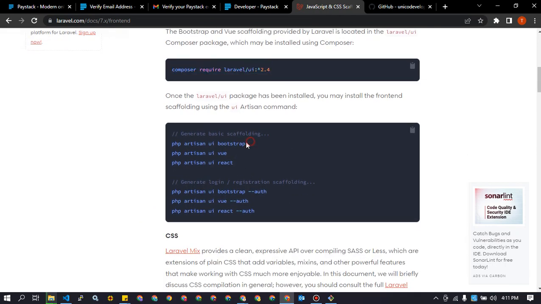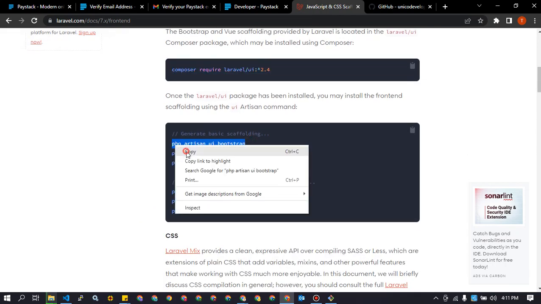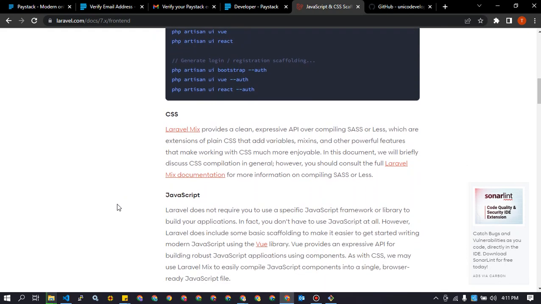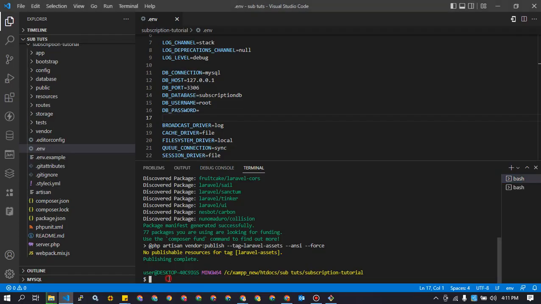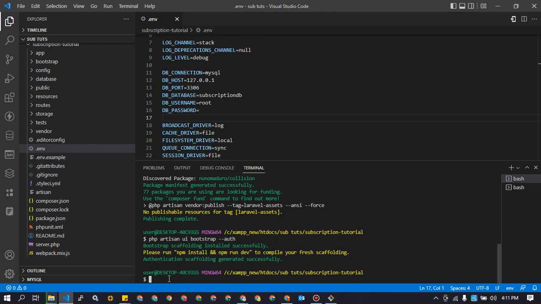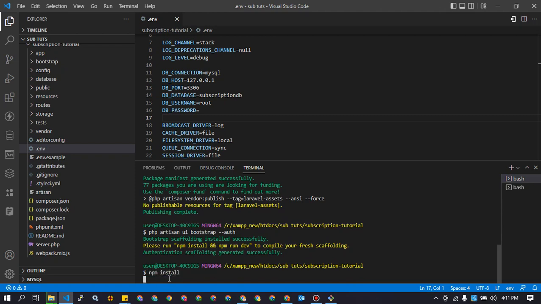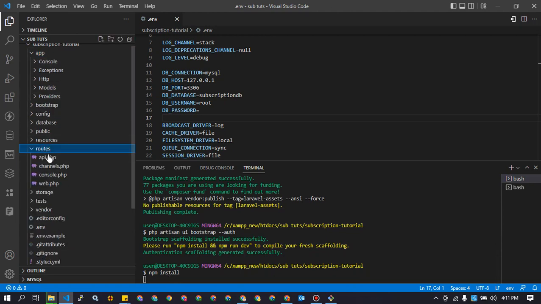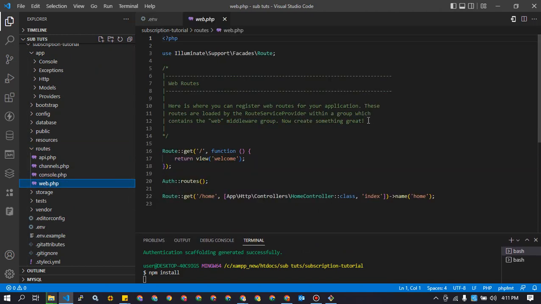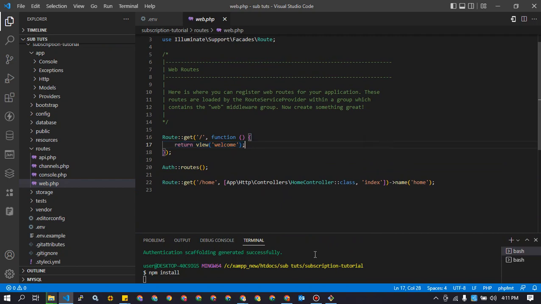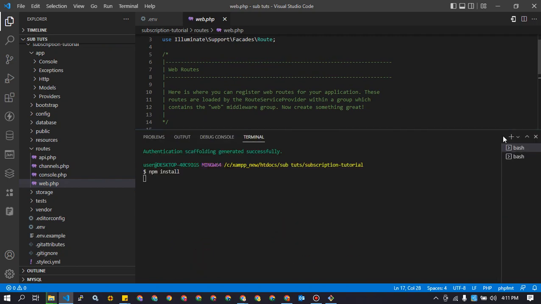The next thing I want to do is use Bootstrap as my UI. I could use this with the auth, so it comes with the authentication. So I need to do npm install and run dev. So this is going to generate for me the needed routes. I could go ahead now and